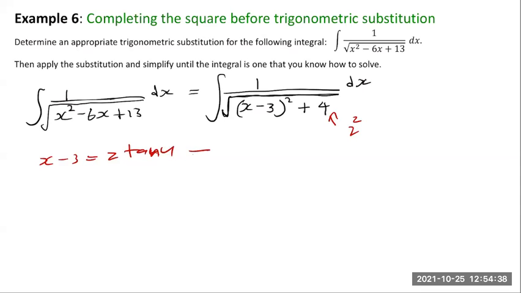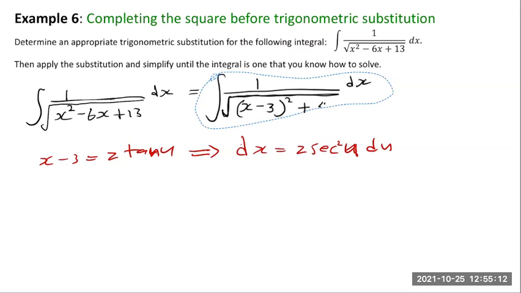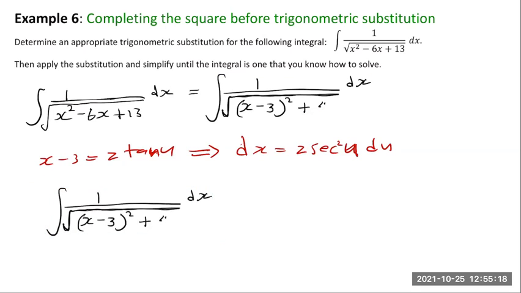Okay, this will immediately give me dx is equal to 2 secant squared u du. Okay, that will give me dx is equal to 2 secant squared u du. Now I can go with the substitution. Let's see what we get if we go with the substitution now. Let me copy this integral over here. This integral is equal to